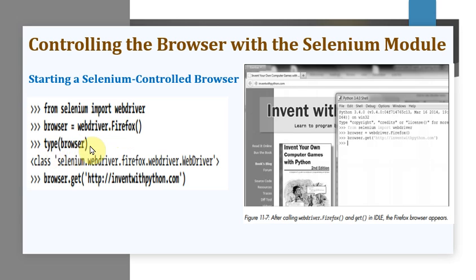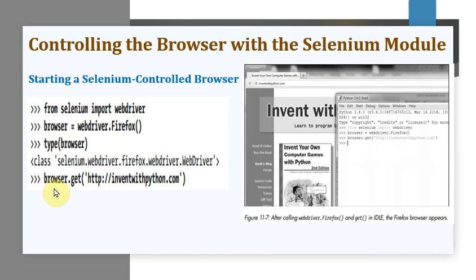Then type(browser) is going to tell you what type of browser it is, that is a webdriver. Here you can see class selenium.webdriver.firefox, so that reveals the webdriver data type. And next you have browser.get. What does browser.get do?